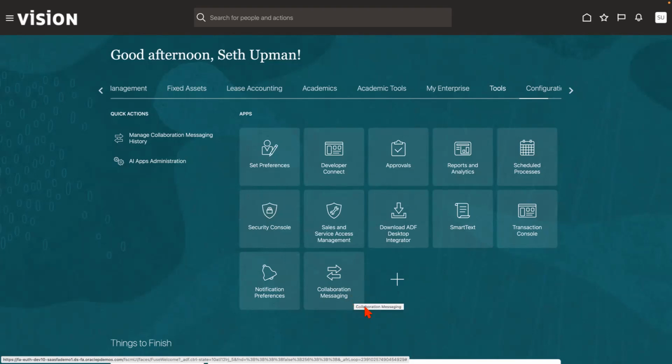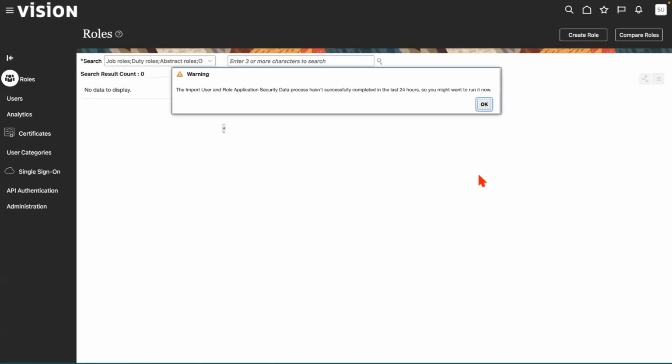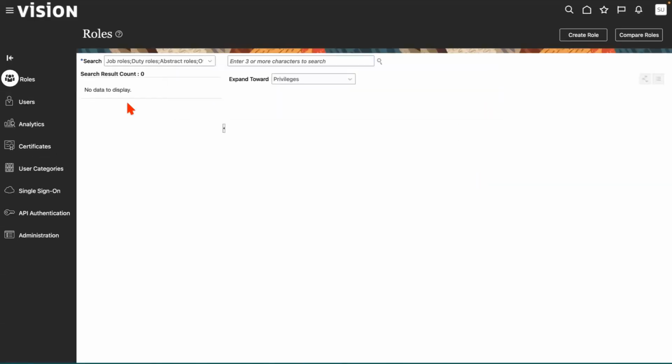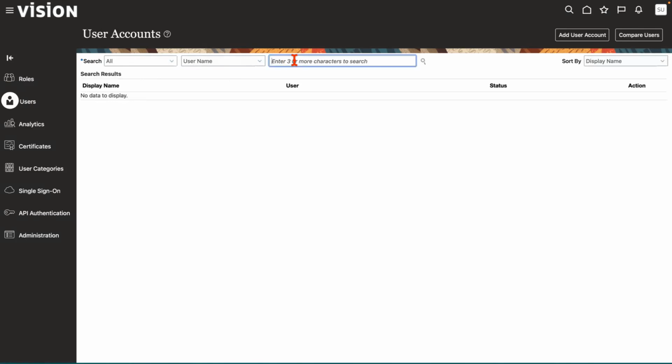And so I'm going to log in, because the environment crashed over the weekend. It was inoperative, and Oracle had to rebuild the server. So I'm going to go into users,